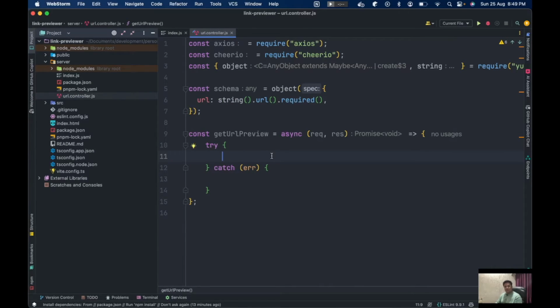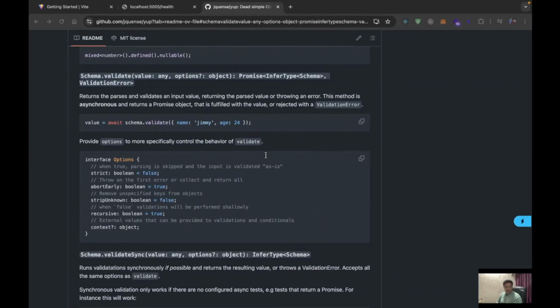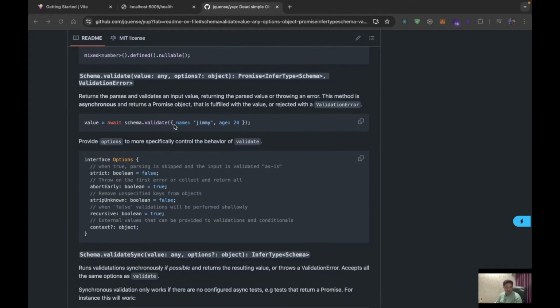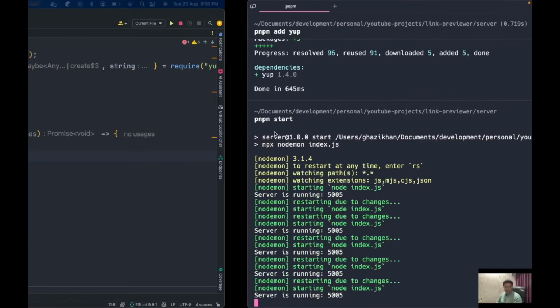Now let's pull out our URL, or maybe I can just pass the request.body, because we'll have an object of URL in that. So let's check the documentation on how we can validate. We can just use this schema.validate. Okay,